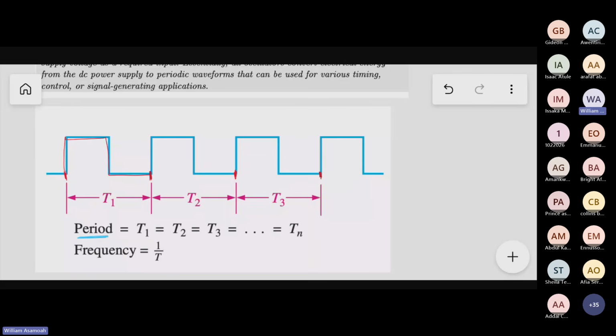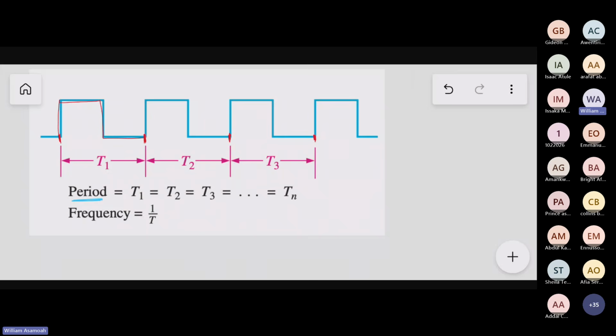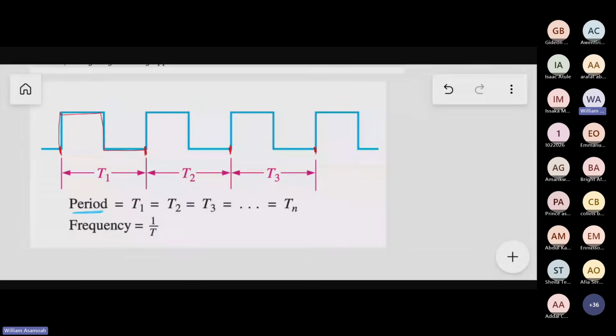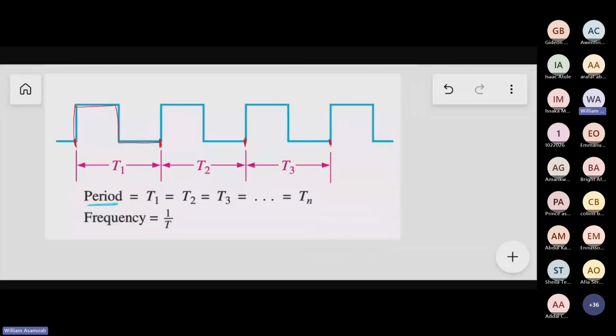Then frequency: if you take 1 second, how many periods are in it? How many cycles are found in 1 second for that periodic wave? So frequency is equal to 1 over period. Then the last thing is